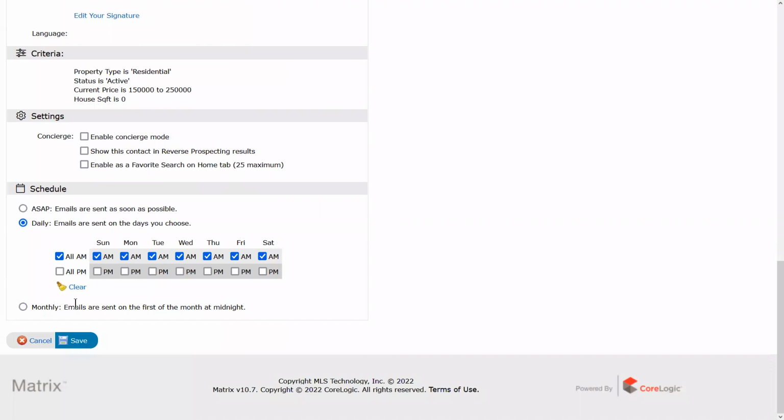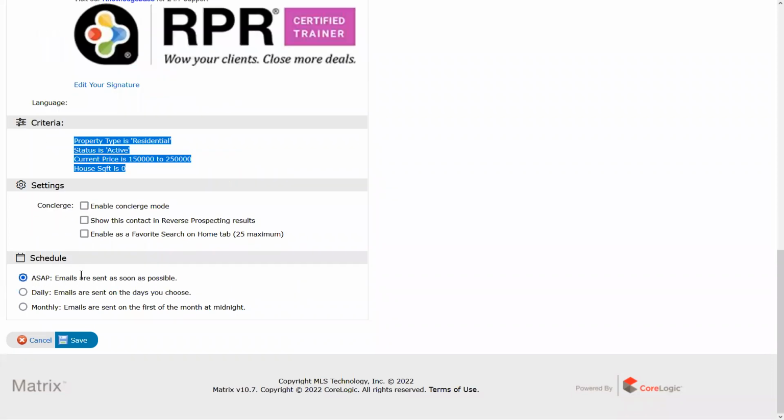You can customize this text if you would like to, but down here towards the bottom, we have the schedule under which the recurring emails will be sent off. So what this is going to do is it's actually going to take the criteria that we've put in. It's going to search for residential properties that are active between this price range, that square footage, or this area, this map search, whatever the case may be, however you set it up. And as soon as a new listing happens to come into the system with those criteria met, it'll send that out either in an ASAP email, meaning that the moment they add that, within 15 minutes,